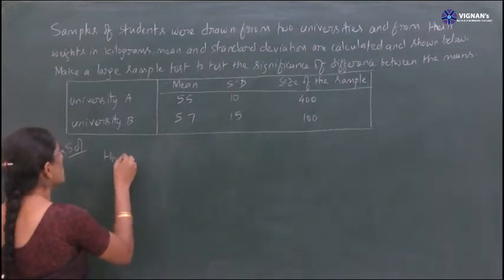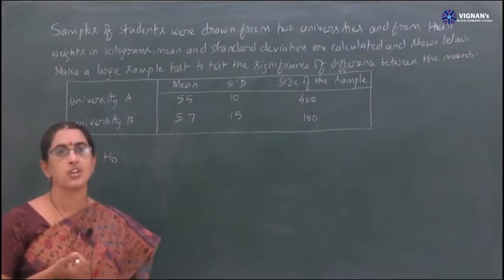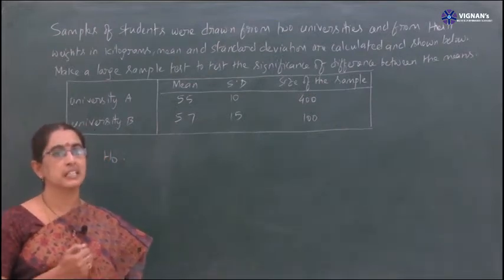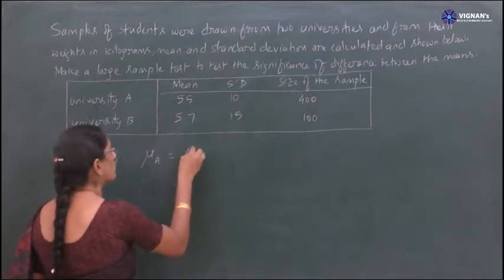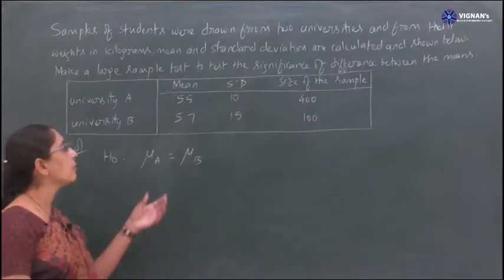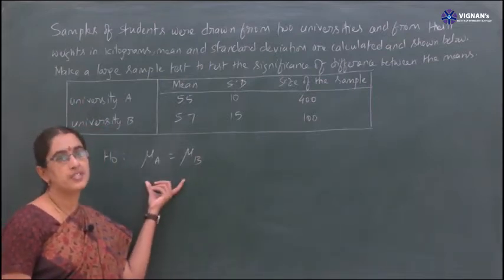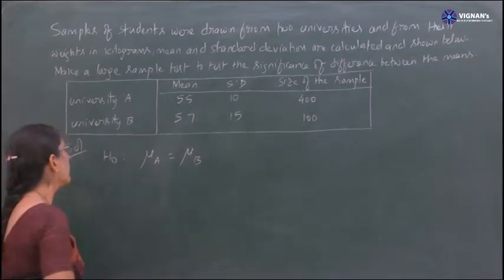So as usual, the null hypothesis is an unbiased statement which shows no difference between the things considered. So mu A is equal to mu B. That means there is no significant difference between the weights of the students of the two universities, right? Then against